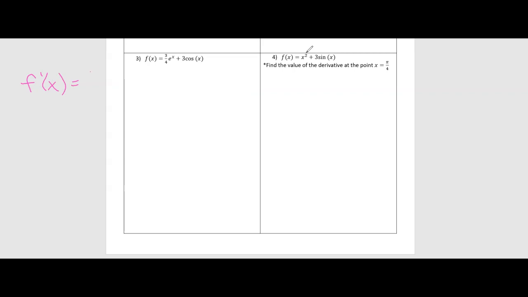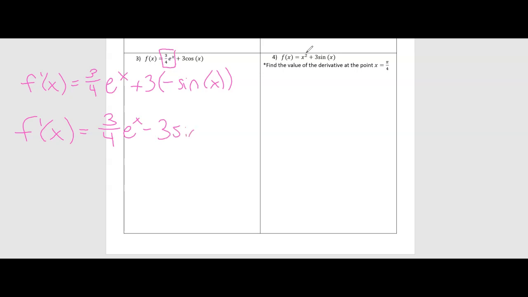Now again, our constant just stays. Our constant does not change. And the derivative of e to the x, right, we already have our 3/4. E to the x stays the same for its derivative. Okay, right, the derivative of e to the x is e to the x. Plus 3, and then the derivative of cosine of x, which is negative sine of x. So if we just make this look a little nicer, we get 3/4 e to the x minus 3 sine